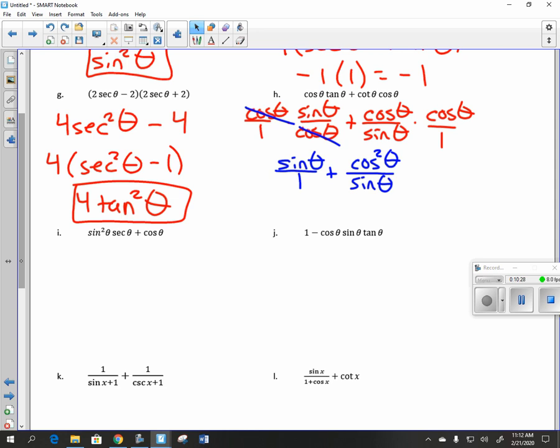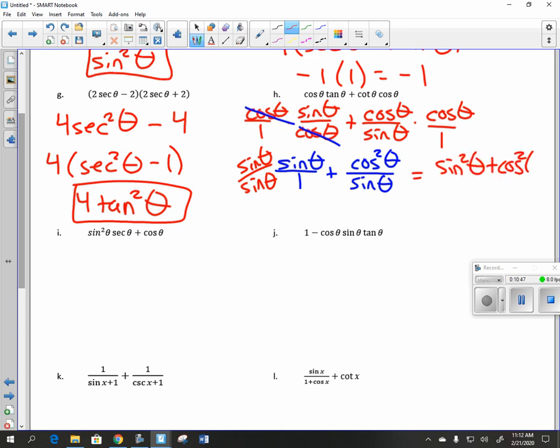If I were to combine these fractions together, I have to find what? Common denominators. What's the common denominator? And if I multiply top and bottom by sine, is that a good thing? Why? Because all of a sudden I get sine squared of theta plus cosine squared of theta over what's in the denominator? And now only if we knew what sine squared plus cosine squared was. And 1 over sine is